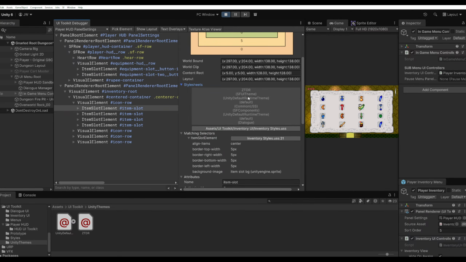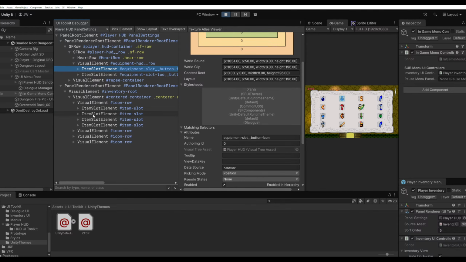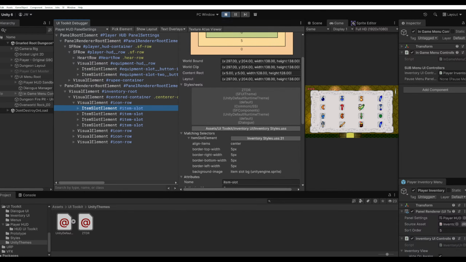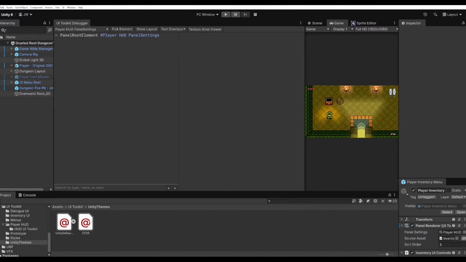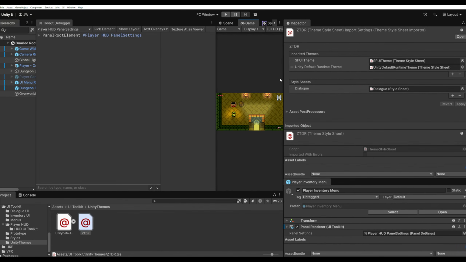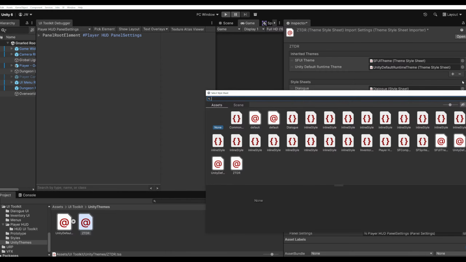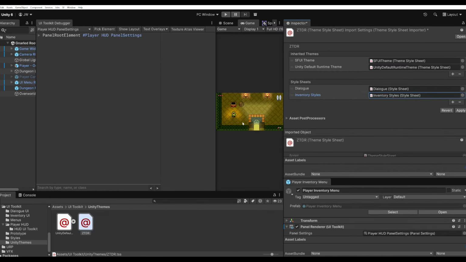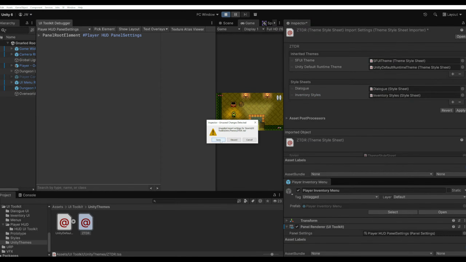Okay, so, oh, it isn't. Okay, cool. So that's all it was. Okay. Yeah. All right. I knew it. Okay, that's actually a simple fix. I was like, man, why is that not working? So the actual UXML file had the style sheet actually set in it, but not the, oh, yeah, whoops, cancel,